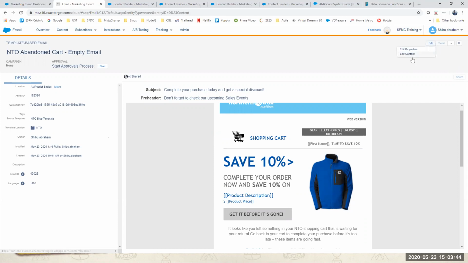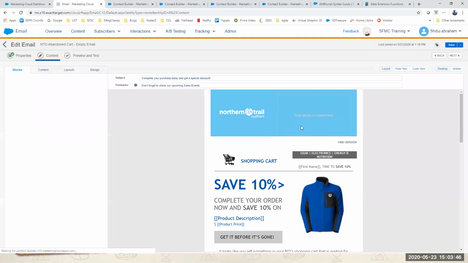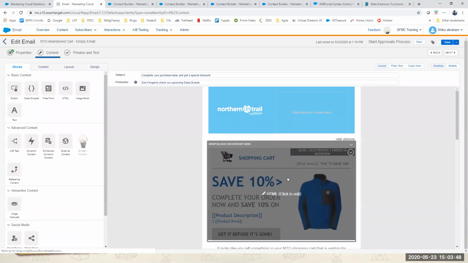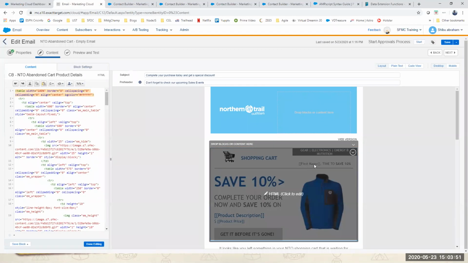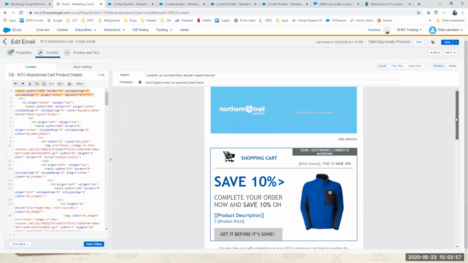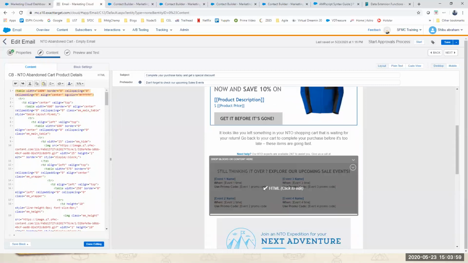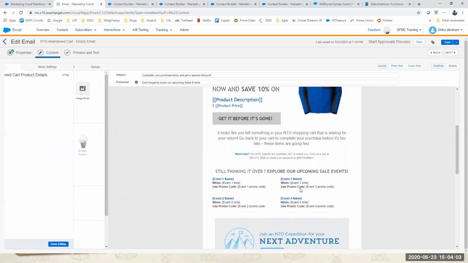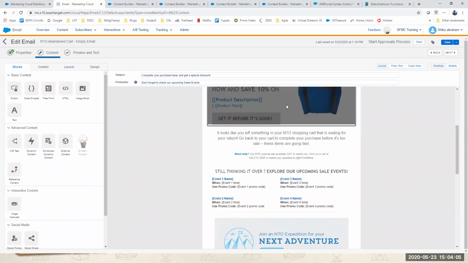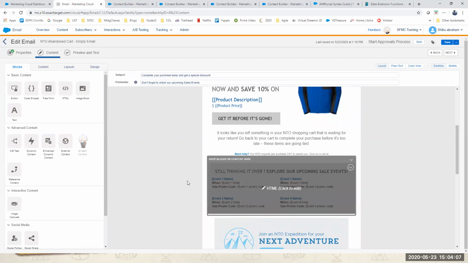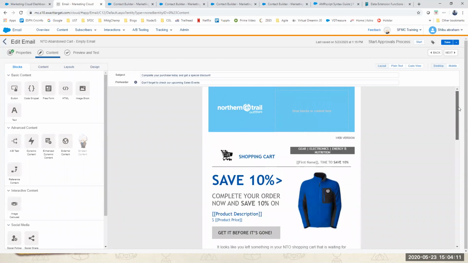So if I click on edit for this content, in this template I need to go and edit each of these, and I need to replace the first name. I need to get the product description for the people. The image should change based on the person, etc. Also there is something for future events that I want to show. Each of these is a different content block, so it's built in. If I want to pull in anything that has content, I can just pull that in and show the values.